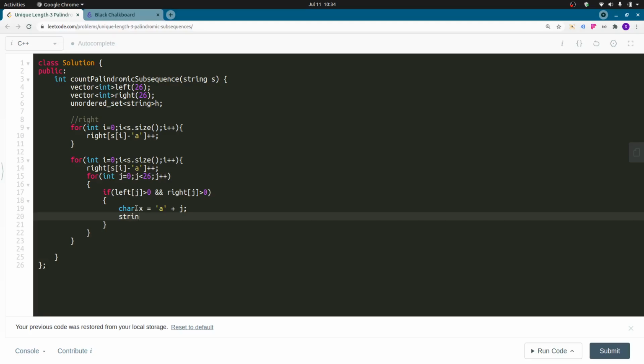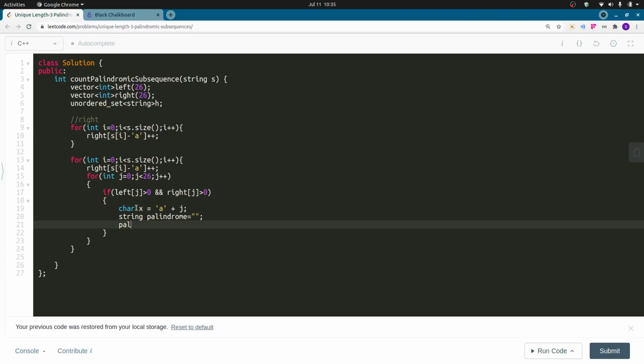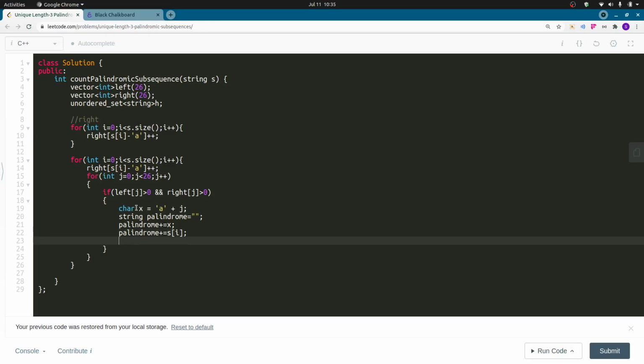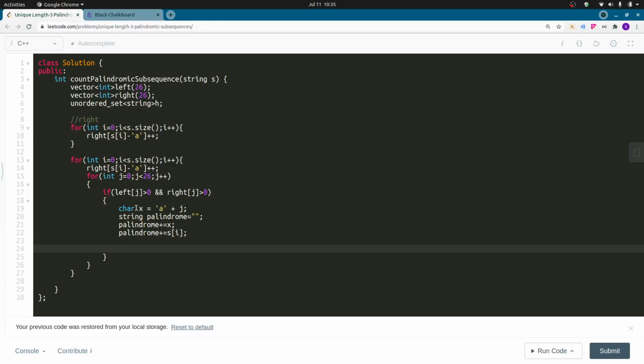Now I will make a string, let's say palindrome, is equal to empty string. So palindrome plus x, the first character should be x, then palindrome plus s[i], the second character should be s[i], and my third character will again be x.